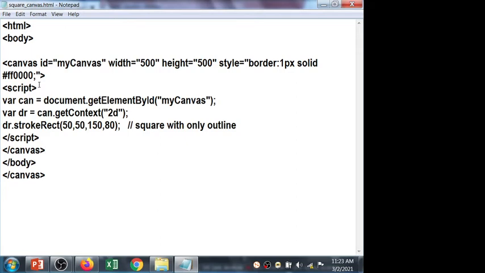So for canvas, this is also not part of interaction. Whatever code you are going to write is just display. Suppose if you want to apply interaction, at this place you have to create, let's say, two text boxes, and in those text boxes you can ask the user to enter the height and width of the canvas area, as well as what you want to draw within the canvas area.